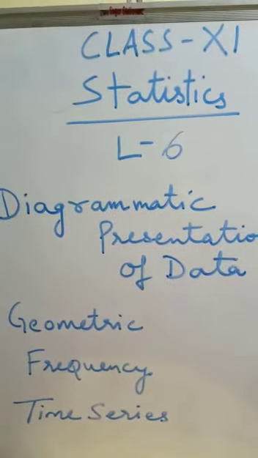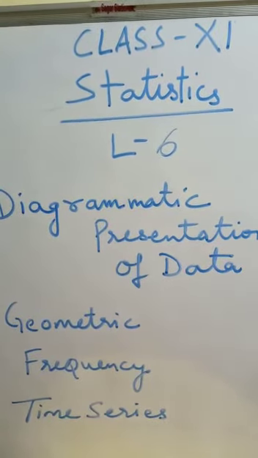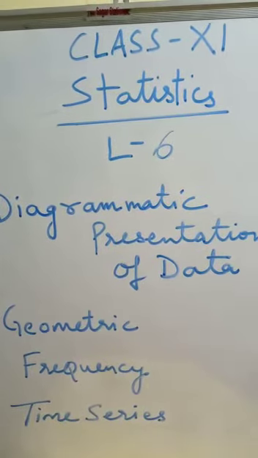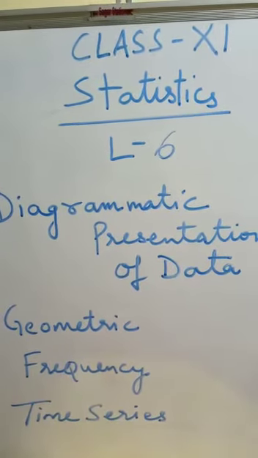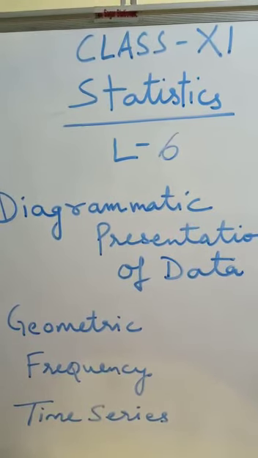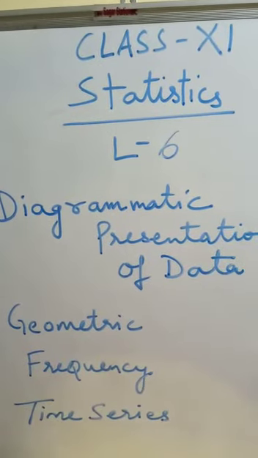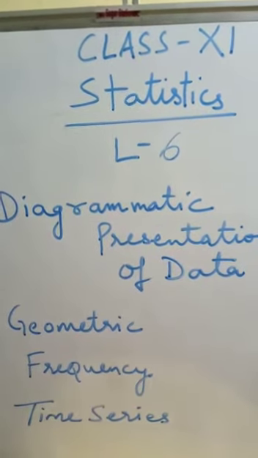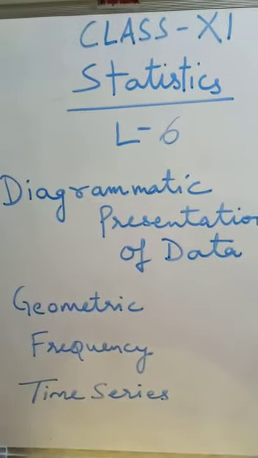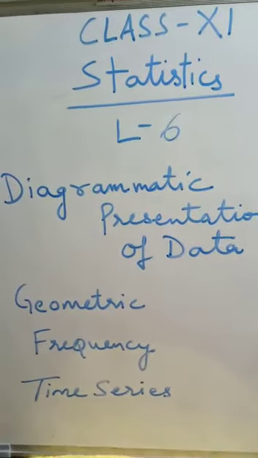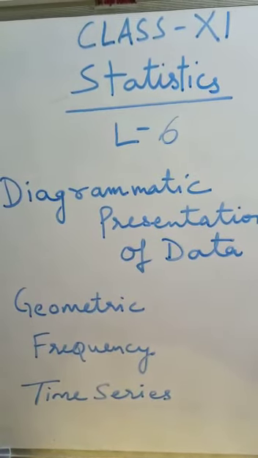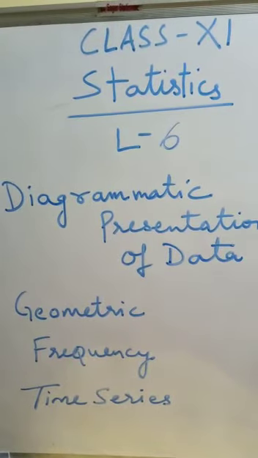The length or height of the bar differs according to the different values of the variable. That is, length may be more or less, but breadth remains the same. Second, a bar may be either vertical or horizontal. However, usually these are used in vertical form rather than horizontal form. Statisticians believe more in vertical form rather than horizontal form. Bars are equidistant from each other. All bars are based on the same